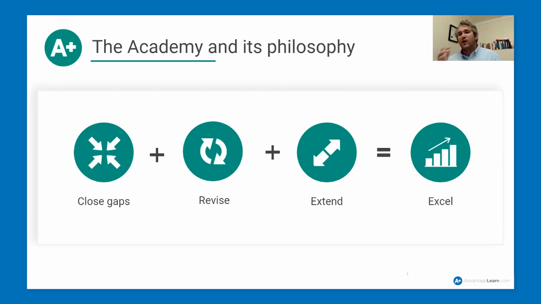Okay, so what our Academy is all about, the AWho Learn Academy, is there are 3 domains in our Academy: our Maths Academy, our Science Academy, and our Robotics Academy. Okay, our Maths Academy and our Science Academy focus on the core subjects of maths and physical science. Okay, our Maths Academy is from grade 9 to 12, and our Science Academy is from grade 11 to 12. Okay, and these academies focus on closing gaps in these core subjects, revising and extending our learners to enable them to excel in those core subjects and take their mark to the next level.